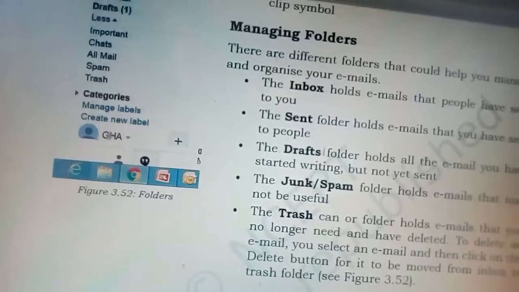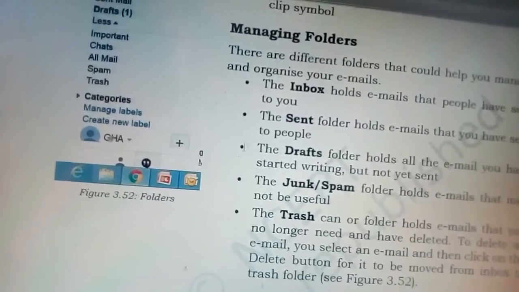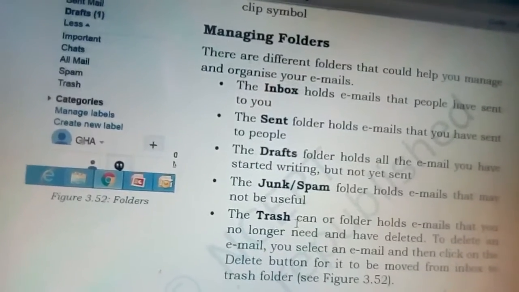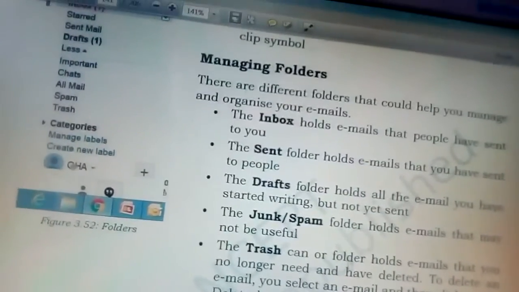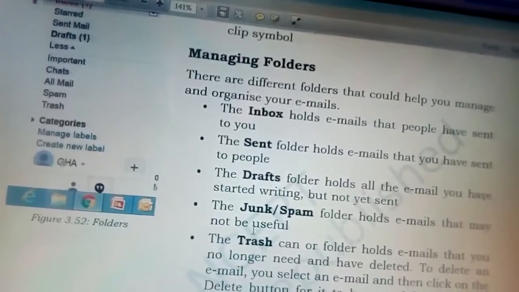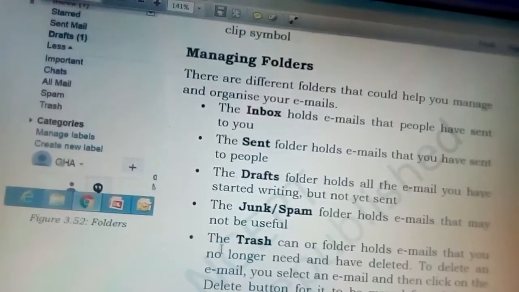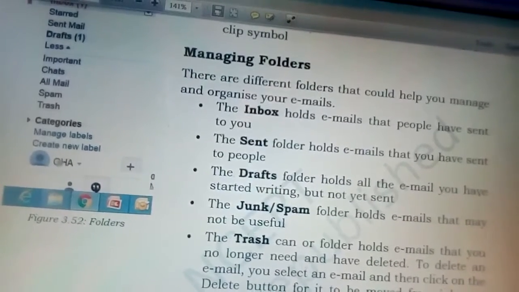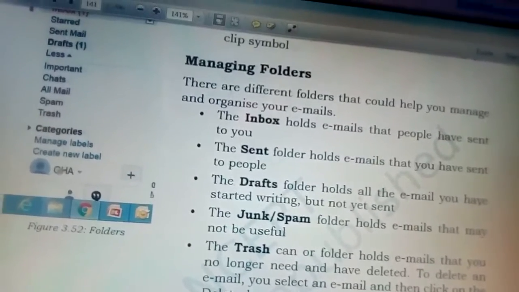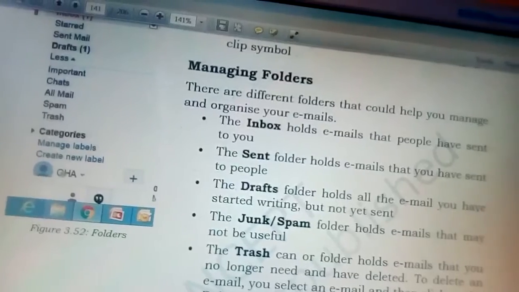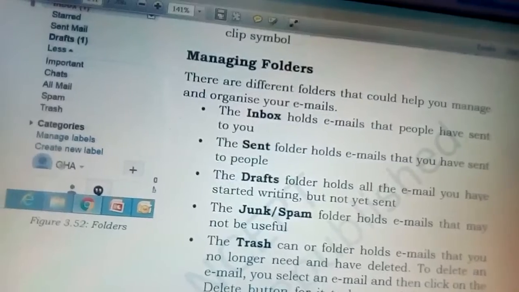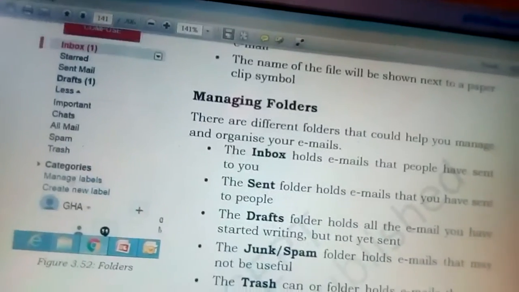Trash, these things are very important, and questions may come from here, so you read it properly. The trash folder holds emails that you no longer need and have deleted. To delete an email, you select an email and then click on the delete button for it to be moved from inbox to trash folder. So when you delete any email, it will move to the trash folder from the inbox.